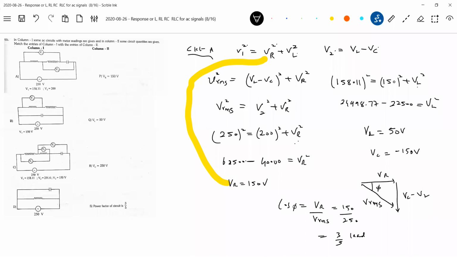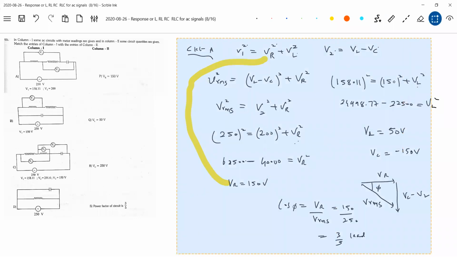Can we pick up options like this? That is for option A, and similarly for option B. But sir, you can see you brought one capacitor in parallel also. So no problem, we can still analyze it. Let me make it small.